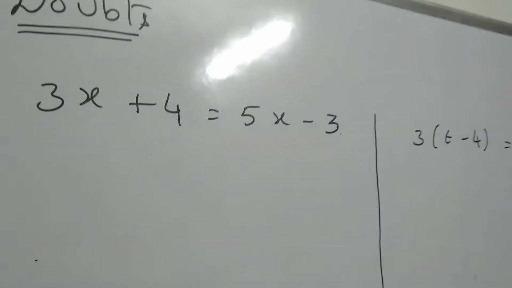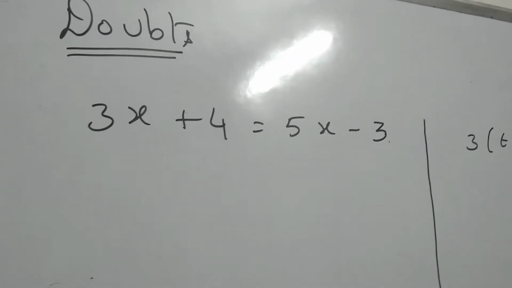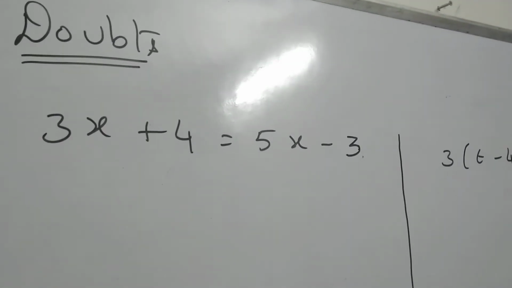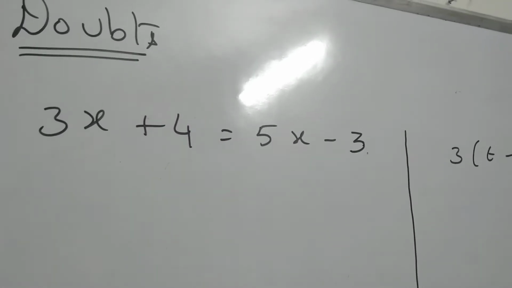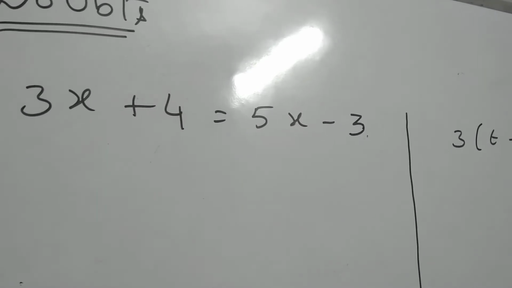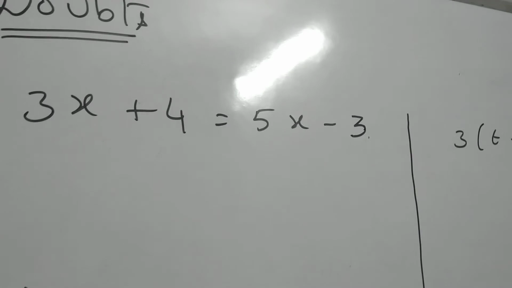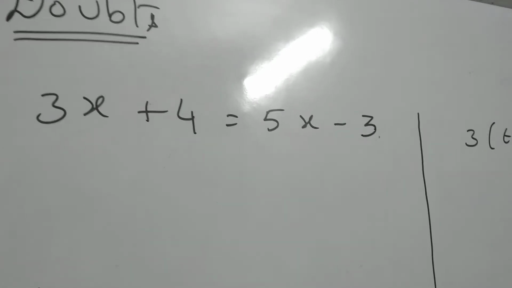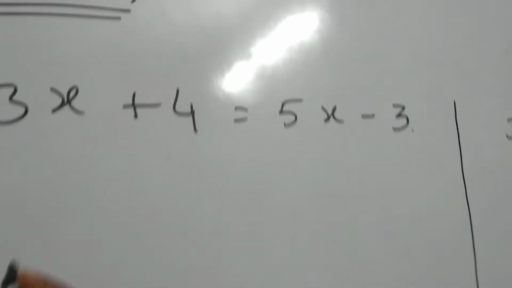So, whatever you have expressed in, and here the problem I have taken is 3x plus 4 is equal to 5x minus 3. That means what do we have here? X terms on both sides of the equal to. That means on LHS you have an x term and on RHS you have an x term. So, what's the simplest thing? We need to transpose all x terms onto LHS, that will be very comfortable for us, and non-x terms onto RHS. Okay. So, let's see how we have to do that.